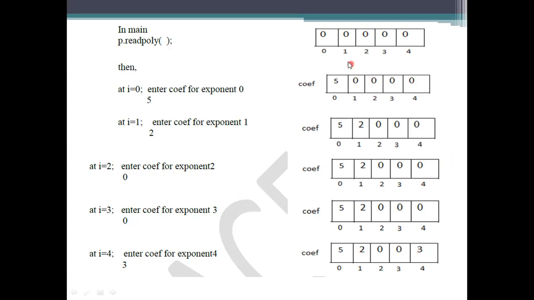Then what will be the expression here? We need to write the expression 3x to the power of 4. Read from the reverse, plus there is no x square and x cube. There is an x to the power of 1 value, 2x, plus 5 x to the power of 0.